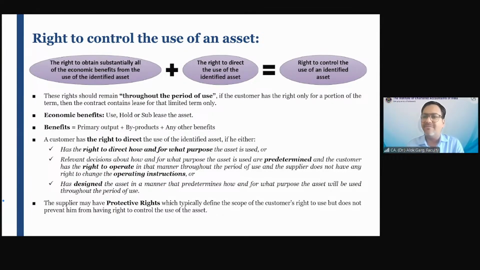In one of the questions on IFRS 16, it was written that the benefits from the right to sale of the identified asset were not lying with the lessee. Should the lessee have them? No, sir, they should not. So the statement is correct. And you know how the students interpreted it? Tell me, how must the students have interpreted it?